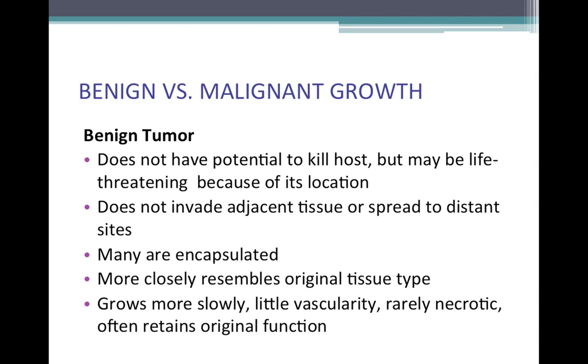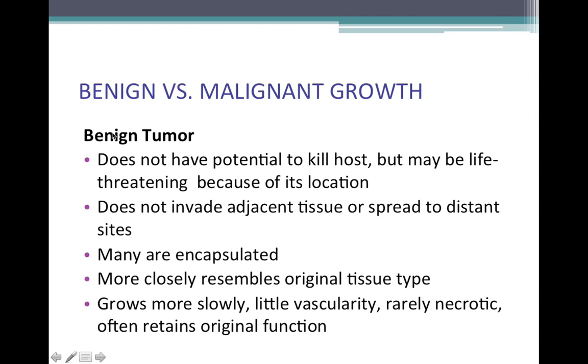Now remember, a benign tumor is one which does not invade the surrounding tissue. Typically, benign tumors don't kill their hosts, but they can be life-threatening based on their location. Someone might have a benign tumor of the brain, and although benign tumors by definition aren't cancerous, that tumor can still be life-threatening because if it starts to grow within the cranial cavity, it can impinge on other nearby brain tissue. Or if you have a benign tumor of the esophagus, maybe that can block off your esophagus and prevent food from being ingestible.